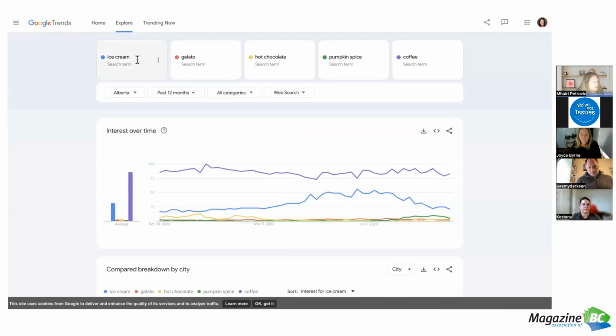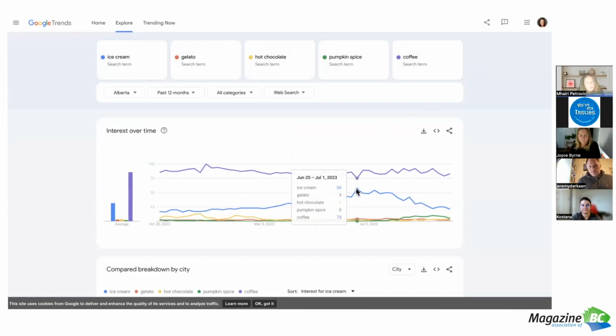I was interested to see what the search patterns were for things like ice cream, gelato, hot chocolate, pumpkin spice, coffee. And we can see once again that coffee is the most searched. We can also see that ice cream is pretty popular as well, but it peaks in the summer.